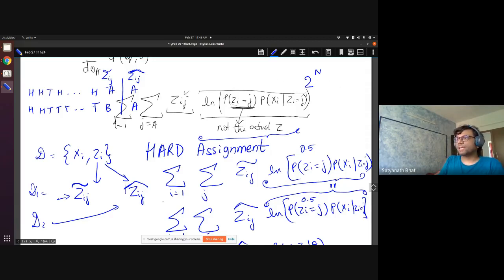So when I take the expected value of Qj, I'm basically considering all these 2 power n sequences. This is sequence 1, this is sequence 2. Your data has n sequences, and each sequence can either come from A or B. So there are two ways. One sequence could be A, B, B, B, and then it could be A and so on. So there are totally 2 power n sequences of Zij. That is what I'm considering as not known, and I'm taking probability over that.